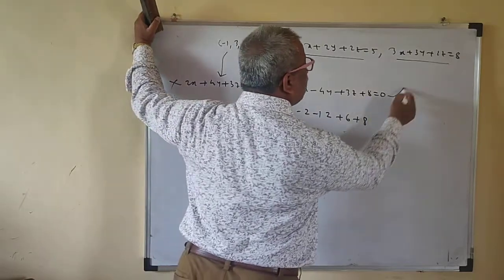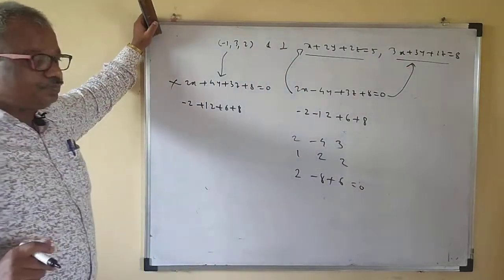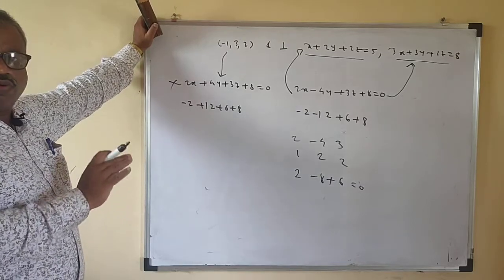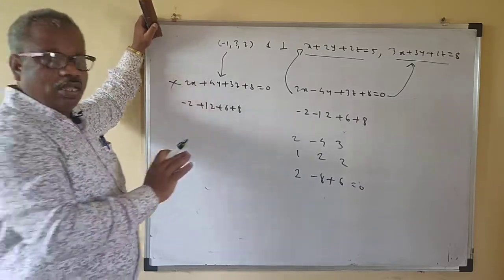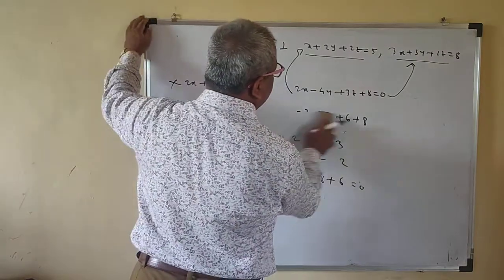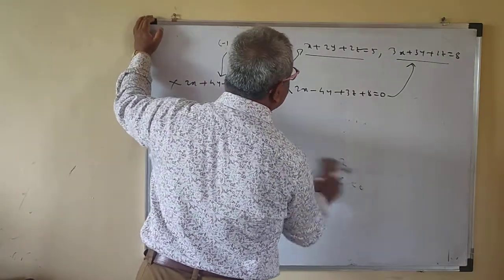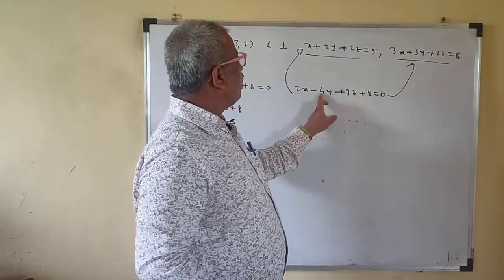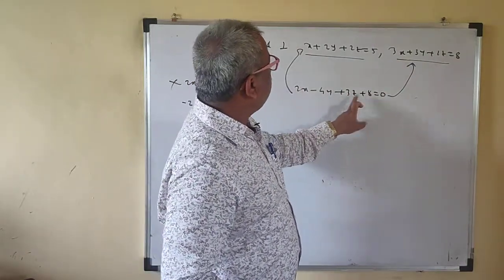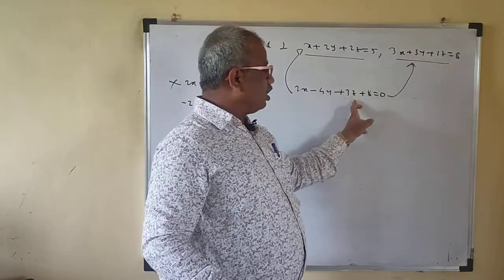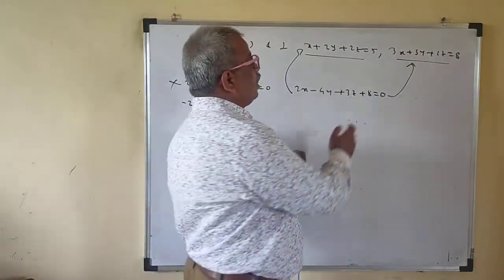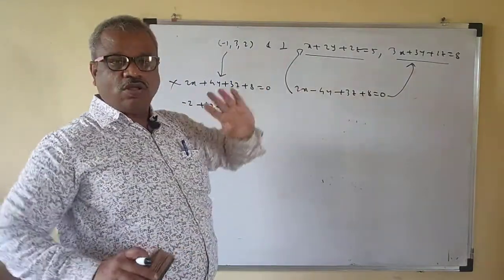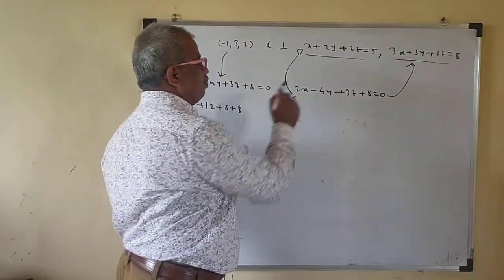Now we have to check whether this plane is perpendicular to this plane or not. Within one or two minutes you can check all the planes here, very easily, if your calculation is fast. For this one, just do it orally: 6 minus 12 plus 6. 6 plus 6 is 12, and minus 12 is 0. That means this is perpendicular. So this satisfies the equation and is also perpendicular. That means this is your correct option.